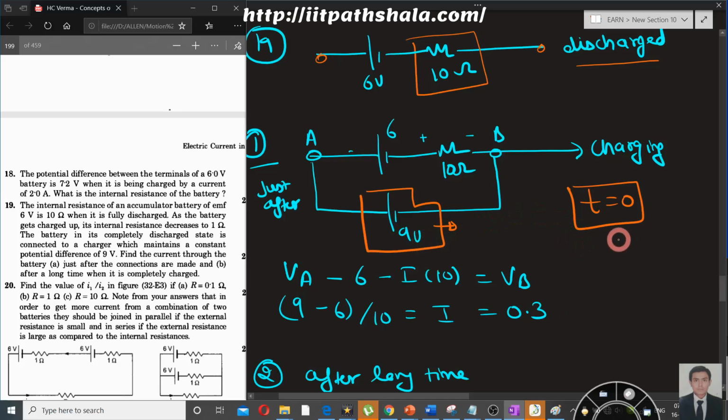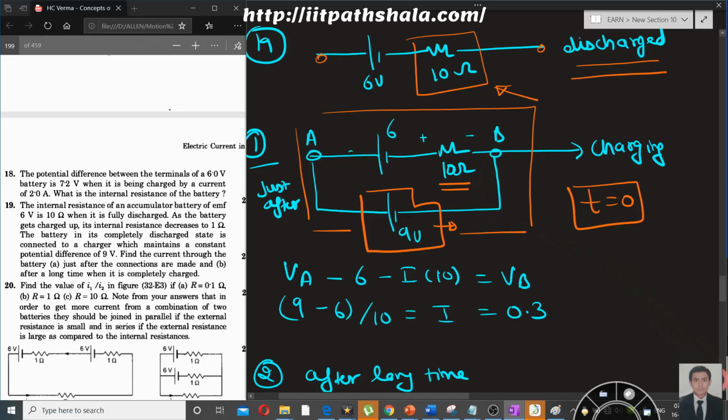So at time t equal to 0, when I am charging my battery, it will be carrying a resistance of 10 ohm, it will not carry the resistance of 1 ohm. Why? Because it is the t equal to 0 case. That battery is discharged at that time, and for the discharged case, the resistance this battery will carry is 10 ohm. So this will be my circuit diagram, as you can see now. Now I can apply the KVL between A and B over here.